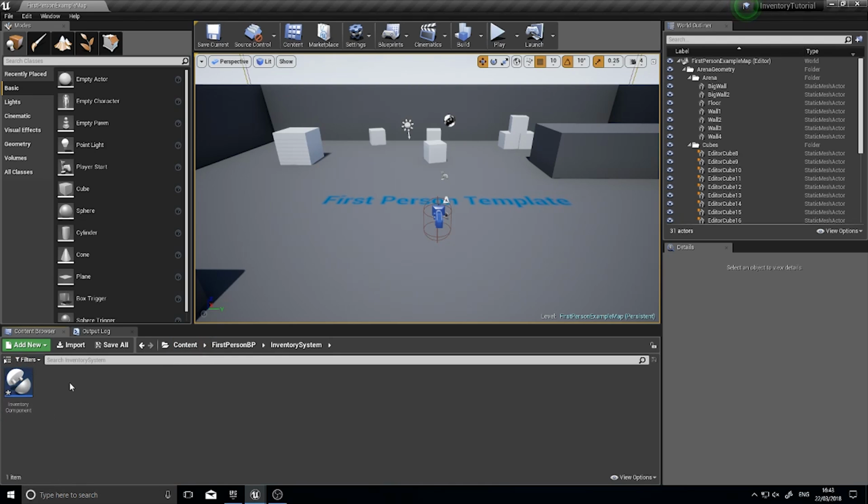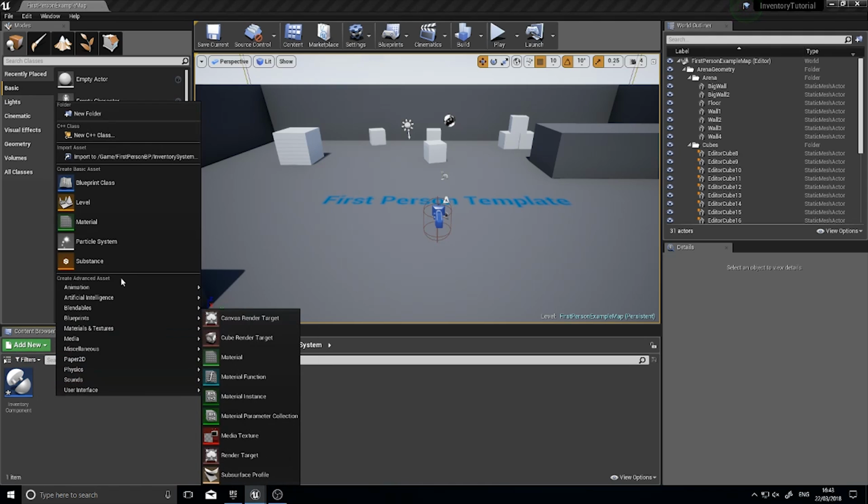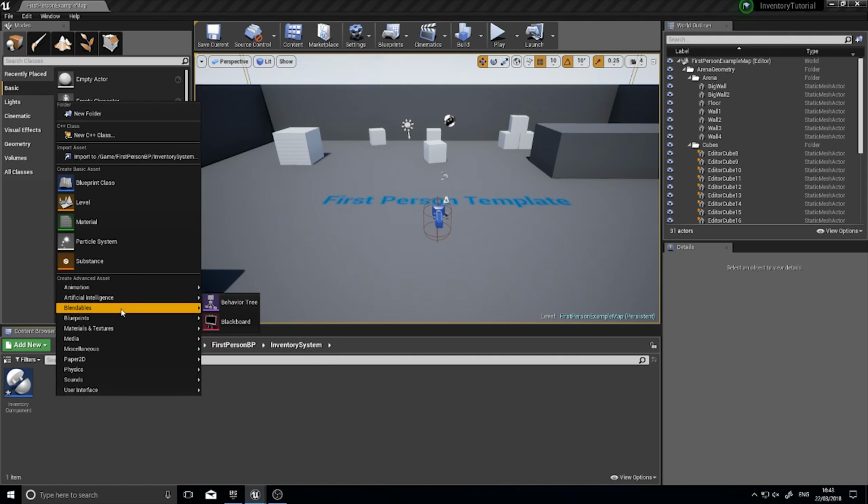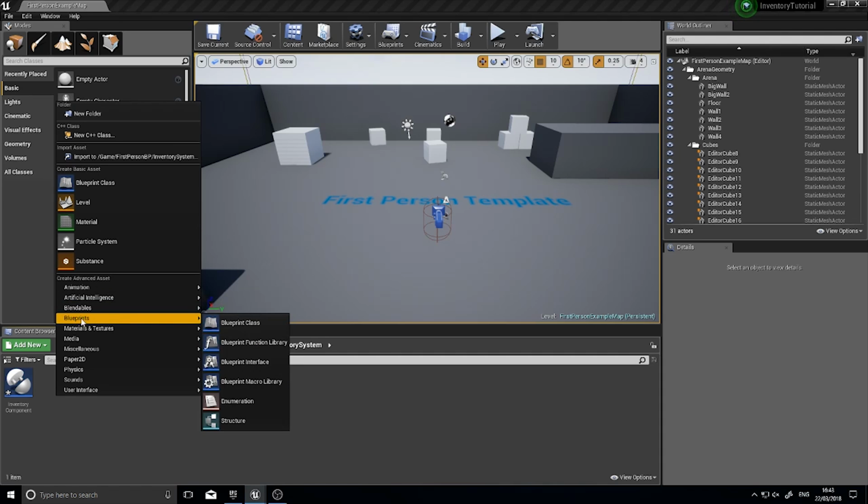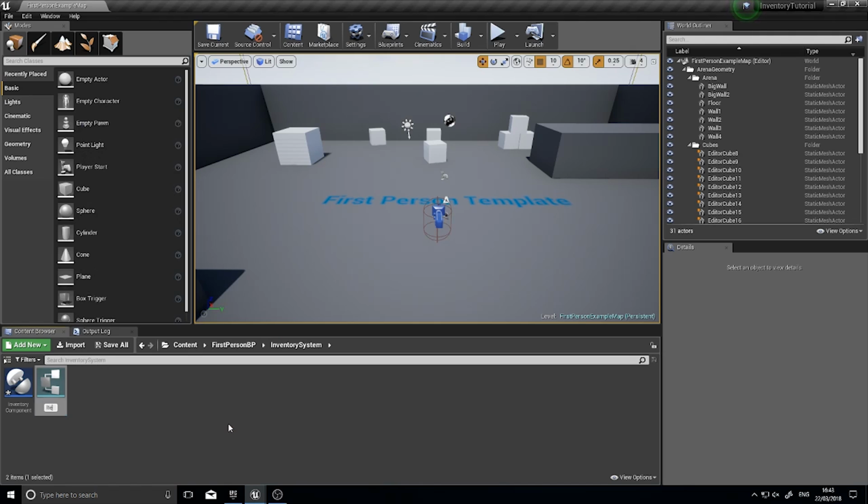Another thing we're going to need are structures. Okay, so a structure is a collection of data. So I'm going to go to blueprints here and click on structure, and here I'm going to have an item structure,